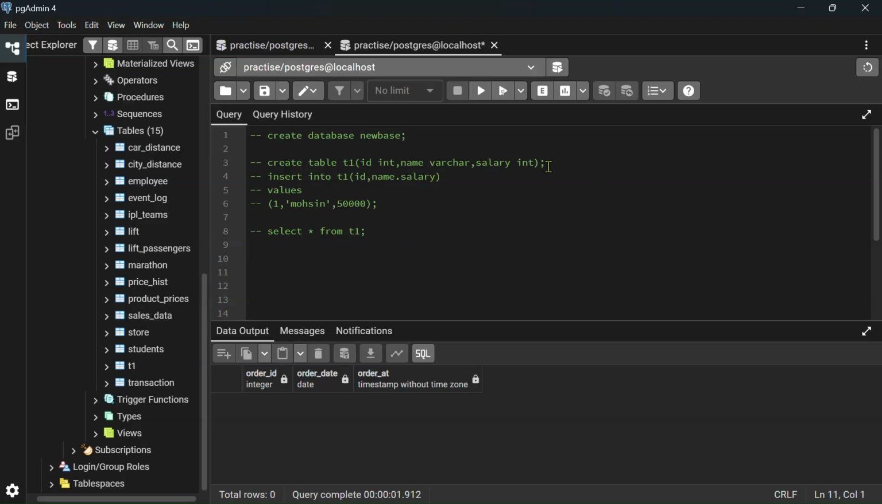हमने पहली क्लास में देखा था हम कैसे क्रिएट डेटाबेस करते हैं, कैसे हम क्रिएट टेबल करते हैं, कैसे हम इंसर्ट इनटू करते हैं। और मैंने आपको एक चीज़ नहीं बताई थी कि हम क्वेरी एग्जीक्यूट करने के लिए या तो कंट्रोल एंटर करते हैं या इस बटन पर क्लिक करते हैं। सो आज मैं आपको नए टाइप के डेटा टाइप्स बताने वाला हूँ जो हम टेबल बनाते वक्त इस्तेमाल